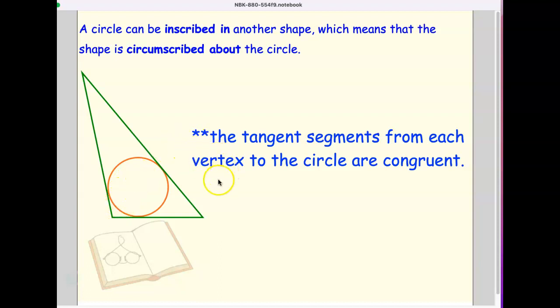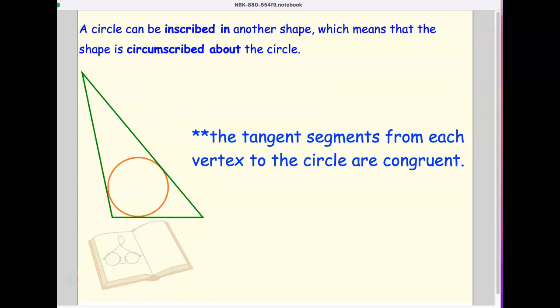Okay. And what we're going to use that for is that when you draw tangent lines, the length for each one,